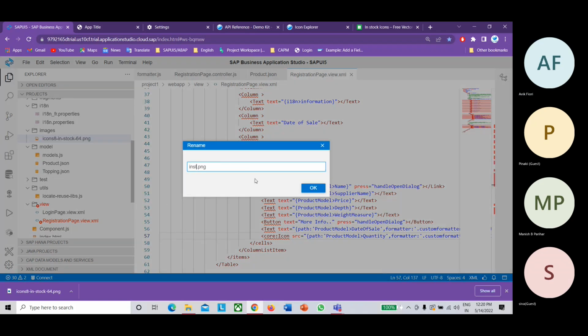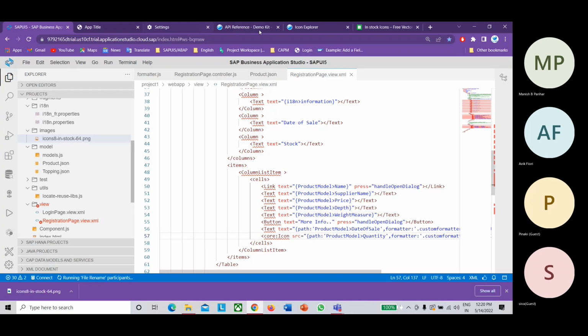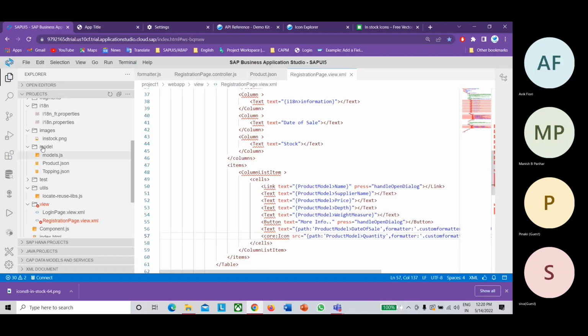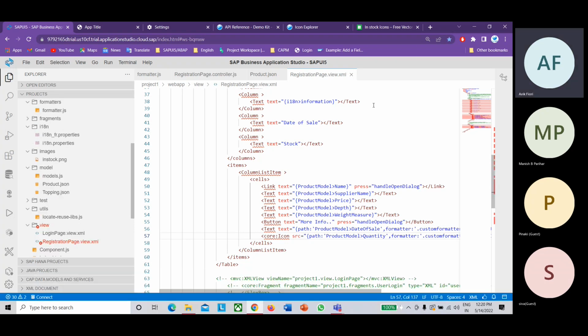Okay, so it is now saved in a project, right? Yes, it is saved in the project. Okay. Opening it might take some time. Yes. Okay, so now the next is